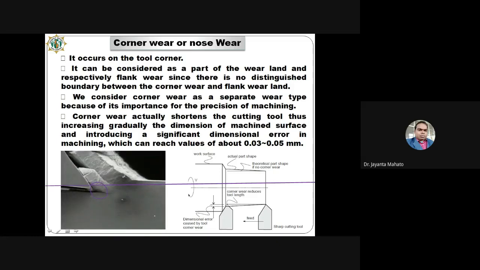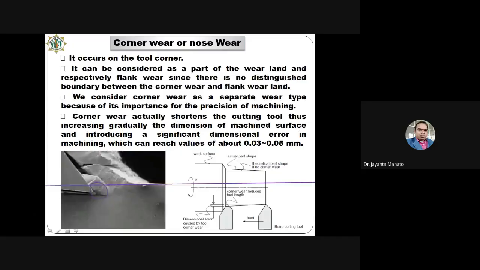We consider corner wear as a separate wear type because of its importance for the precision of machining. So if corner wear occurs, then you have to be very careful about sharpening the corner or edges. Corner wear actually shortens the cutting tool life, thus gradually increasing the dimension of the machined surface and introducing a significant